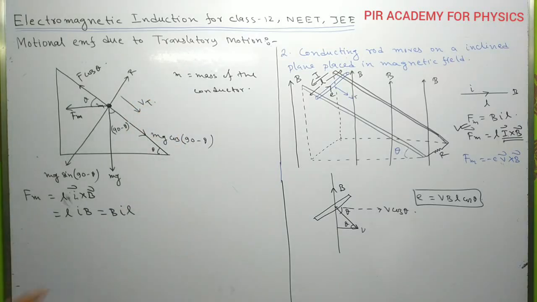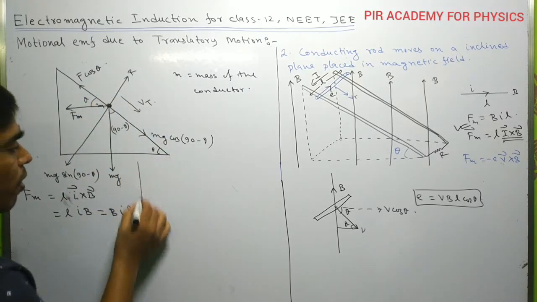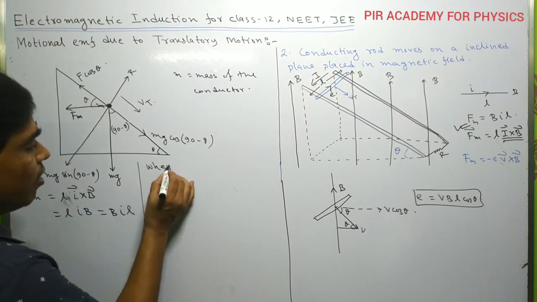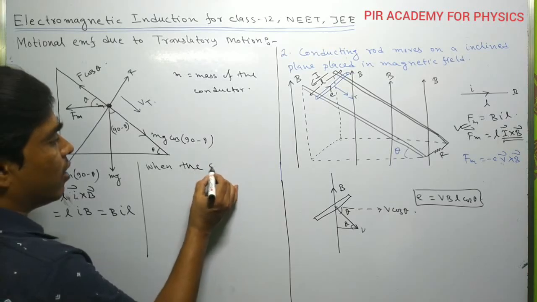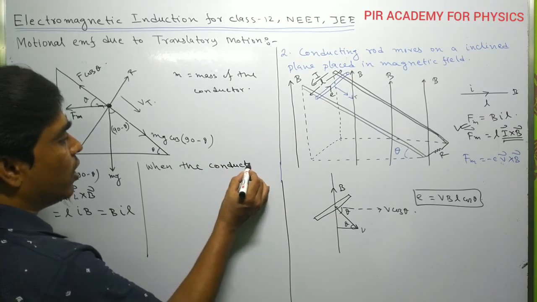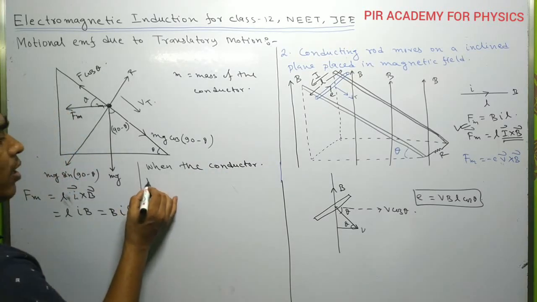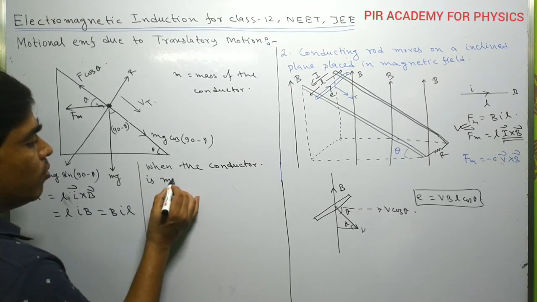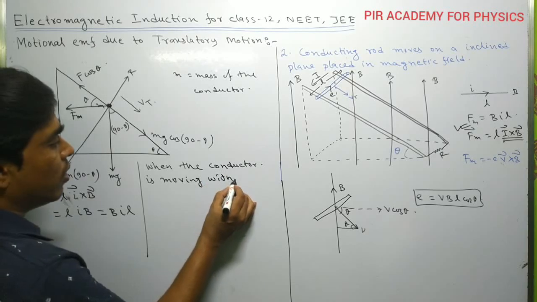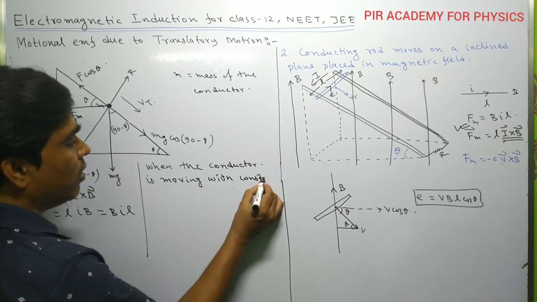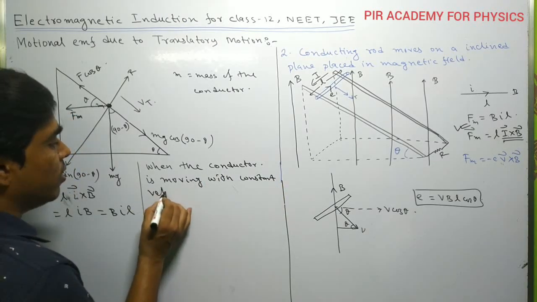Constant velocity means this force must be equal to this force. That means when the conductor is moving with constant velocity,